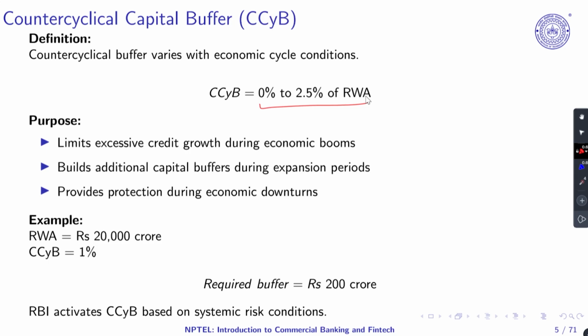So it builds additional capital buffers during the expansion period, and also it helps protect the bank from a bank run during the downturn. So for example, if the risk weighted asset is 20,000 crore based on the different weightage pattern that we know already, if it is 1%, so 1% of 20,000 the bank will have to keep as a countercyclical buffer, and this is where it makes Basel III unique as compared to Basel I and Basel